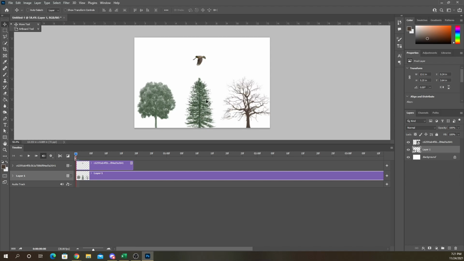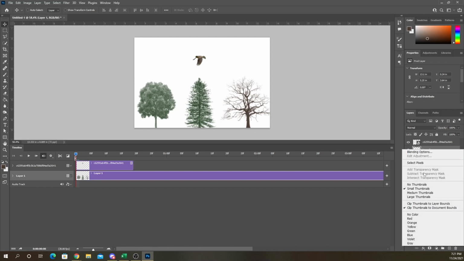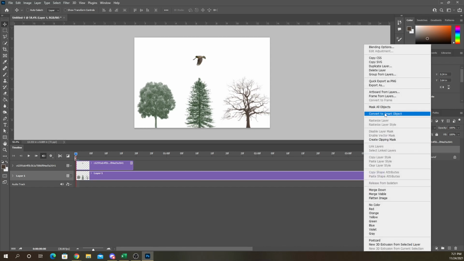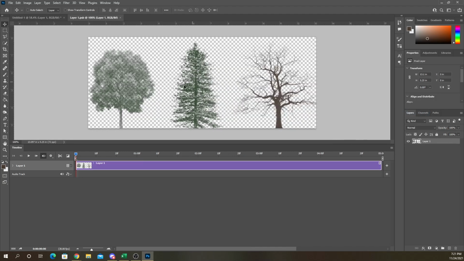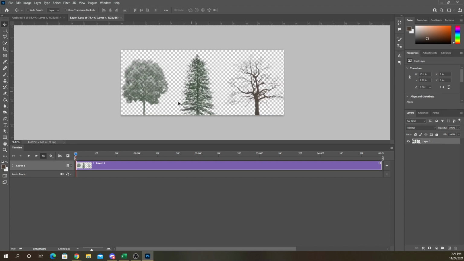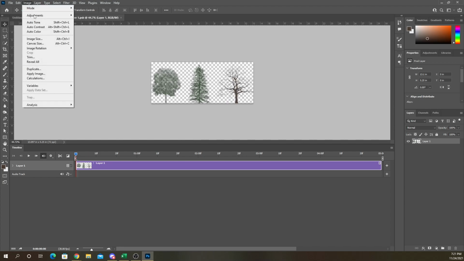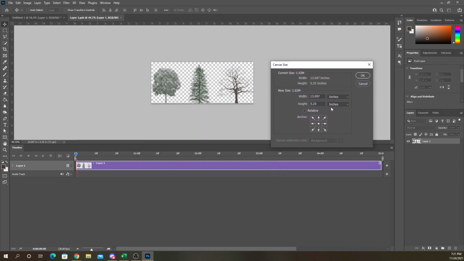So when we're doing the trees, it's going to help if we extend our work area so we can see the longer version of the image. Or we could just right click on it and say create smart object or convert to smart object, and then double click on that and go to image canvas size and make this wider. So right now width is 13. Let's make it